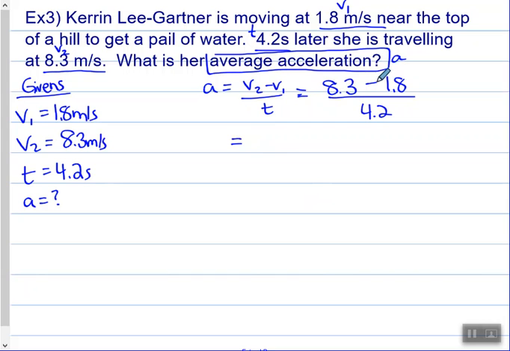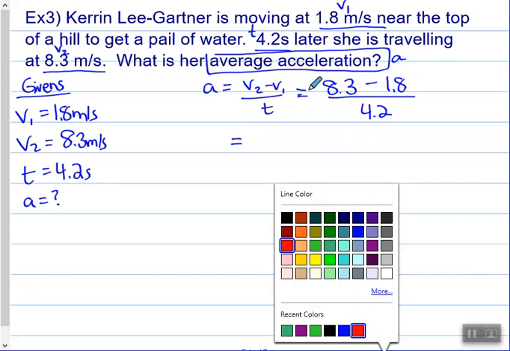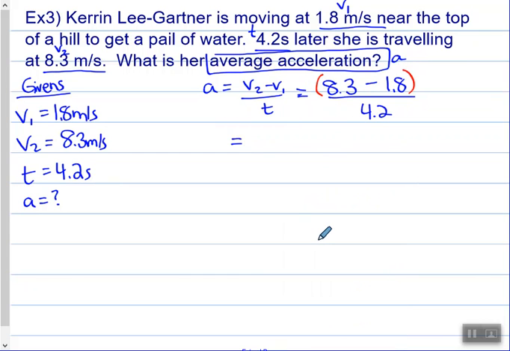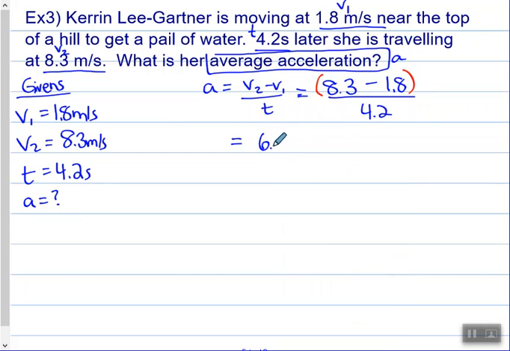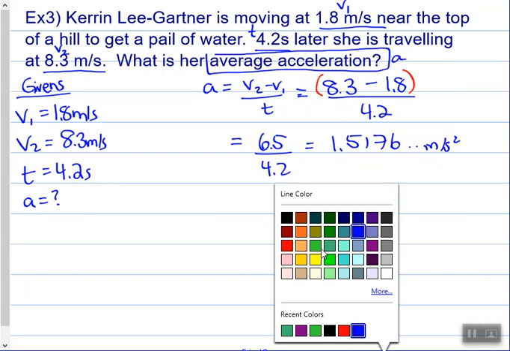Okay, so 8.3 minus 1.8. Remember, when you're doing this in your calculator, if you're going to try and do it all at once, put this in brackets, or just figure out 8.3 minus 1.8 first and then divide that by 4.2. So 8.3 minus 1.8 is 6.5 divided by 4.2, and we get 1.5176 meters per second squared, and